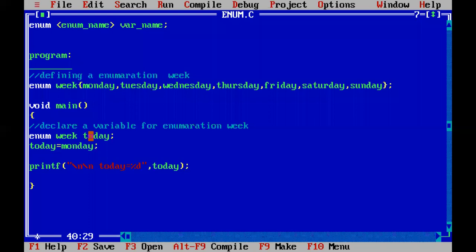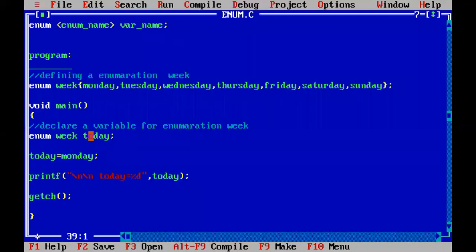And what is going to be printed in the place of percentile D? After declaring all the variables, you write down one clrscr here also. Then you tell me what is going to be printed in the place of percentile D. When you print today, 0 is going to be printed, because for this today I assigned Monday.